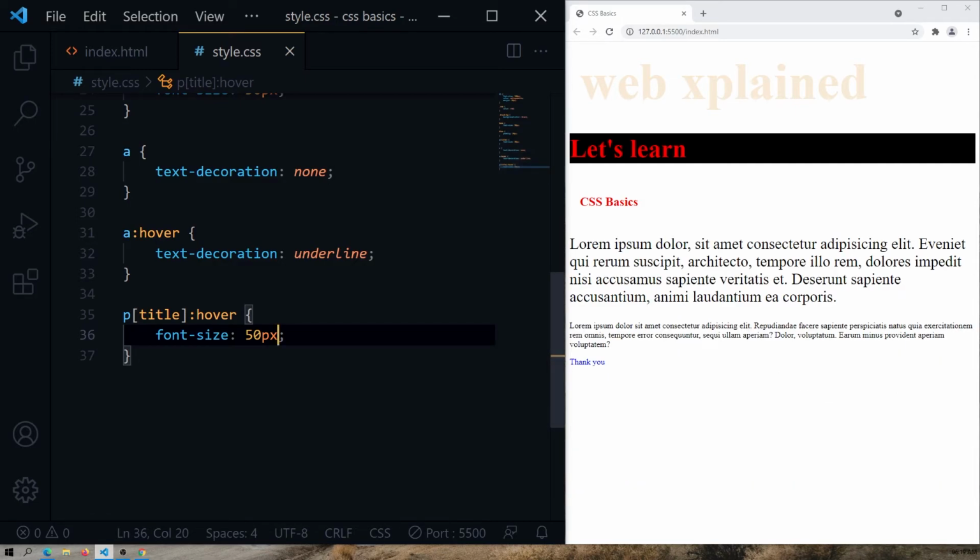Here, it will select the P tag with an attribute title, and when I hover on it, it will change the font size to 50 pixels.